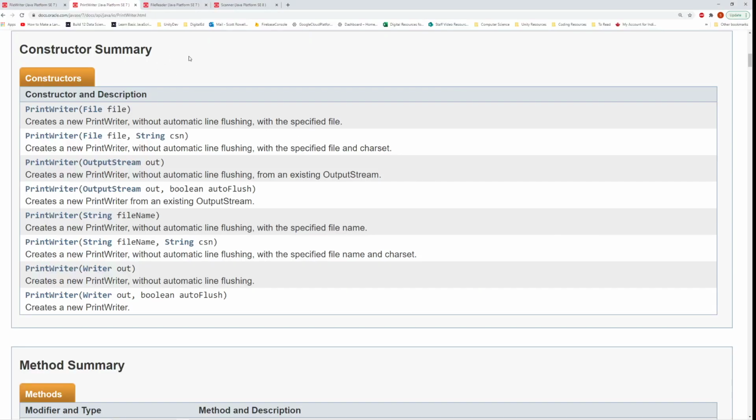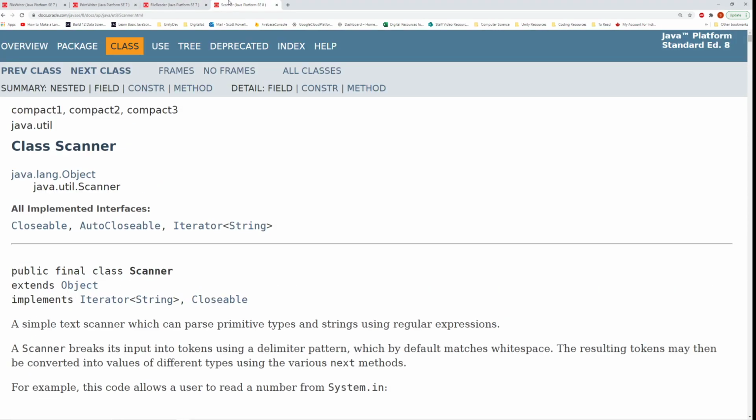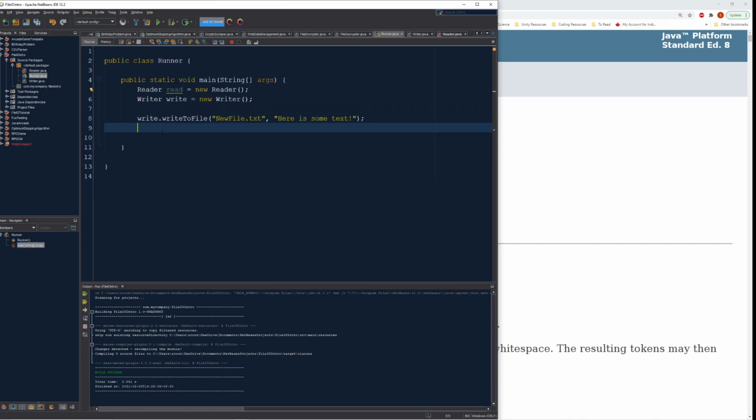And let's jump over here, and I already have a couple of these different classes open, but we're gonna see something similar, where we have a baseline FileReader class that comes with Java that we're gonna be working with, but we also want to be able to wrap it inside of something else that's a little bit more user-friendly. And we're gonna be using the Scanner class, something that we're familiar with, this idea of accepting user input. It's just that instead of taking user input from the actual user here, for example, if I wanted to have a scanner